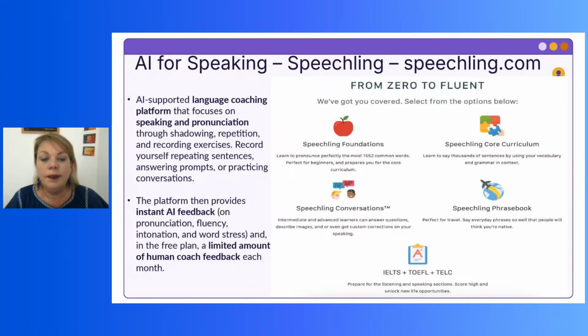It's called SpeechLing. And as you can see, here's a screenshot of some of the features of it. This is an AI-supported language coaching platform that focuses on speaking and pronunciation through shadowing, repetition, and recording exercises. Record yourself repeating sentences, answering prompts, or practicing conversations. The platform then provides, like many others, instant AI feedback on pronunciation, fluency, intonation, and word stress,